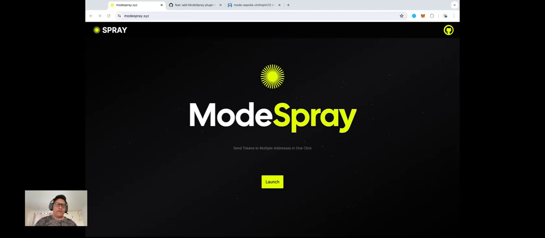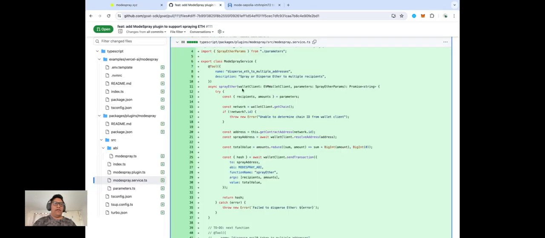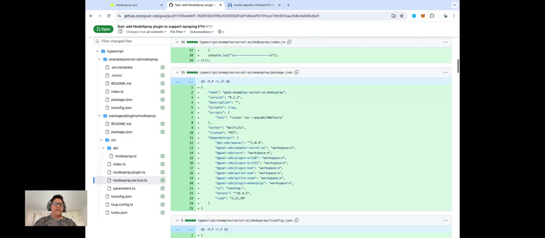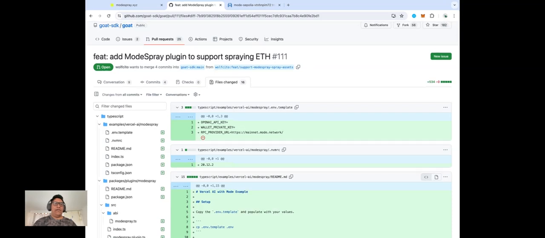Modespray is the platform to send tokens to multiple addresses in one click. And we are participating in the Mode AI Agent Hackathon. On this occasion, we are using the GOAT framework, which allows AI agents to interact directly with the blockchain. Here we can see all that we are implementing to create this Modespray plugin to